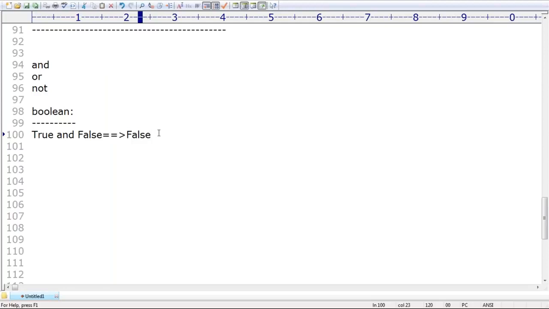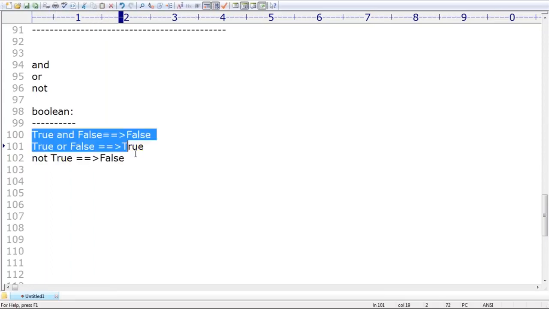Now, true or false. Don't get confused, it's a very easy concept. What answer are we going to get? True, because it is the OR operator. If at least one condition is true, then automatically the result is true. Next, not true. Not true means opposite, the complement operator, right? Then automatically false is the answer. If we apply these operators for Boolean, what answer do you get by default? Any explanation required?